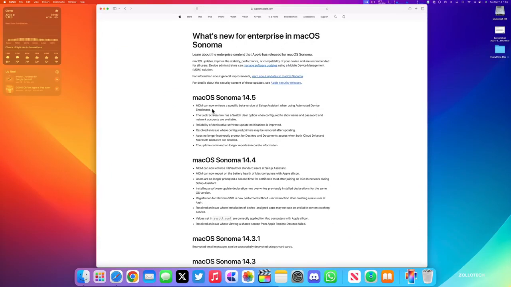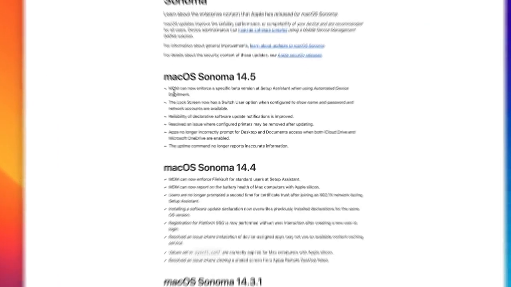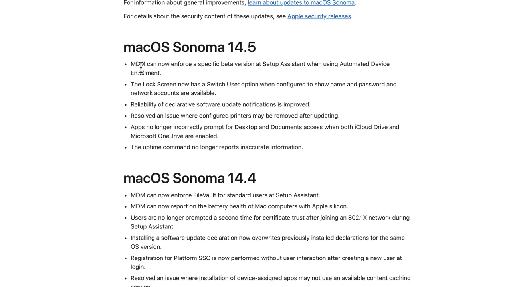For whatever reason, they haven't updated this in the main page that shows what's new. However, we have two new features. One has to do with mobile device management, or MDM, which can now enforce a specific beta version at setup when using Setup Assistant when using automated device enrollment. Also, the lock screen now has a switch user option when configured to show name and password, and network accounts